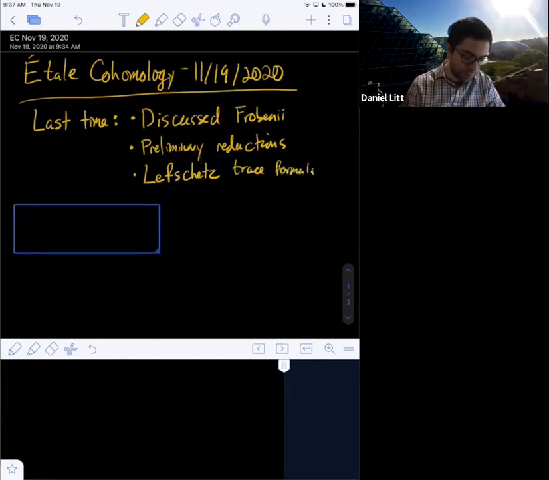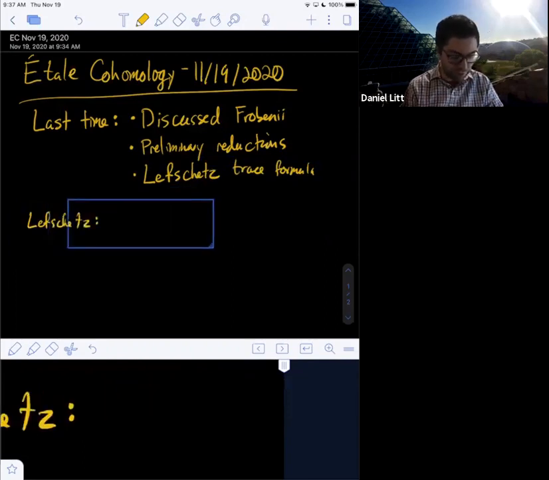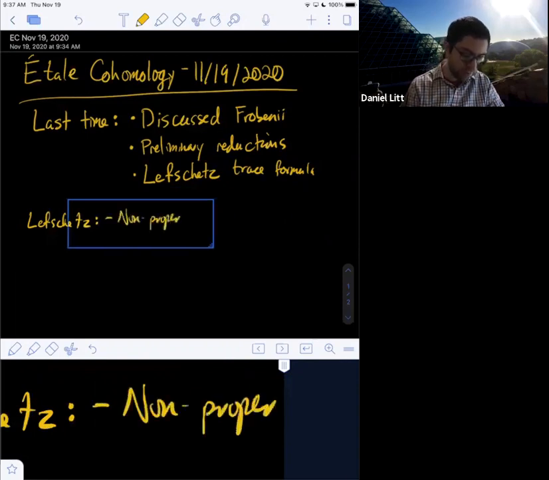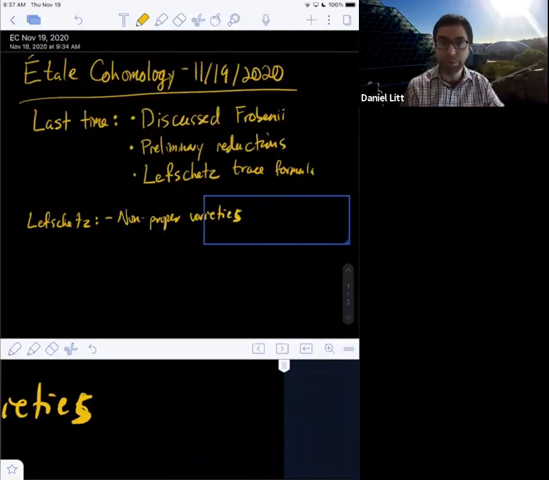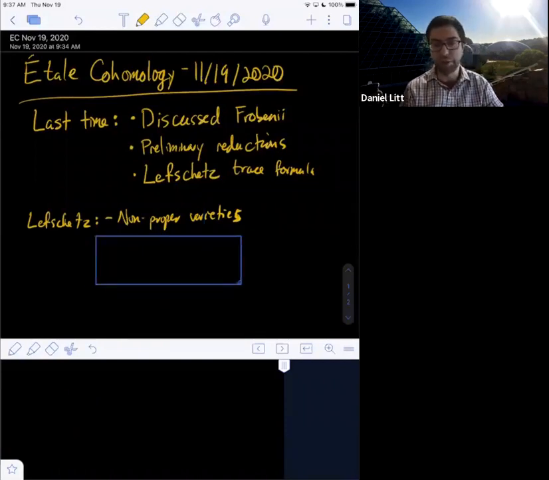So there were three issues we had to overcome when understanding this Lefschetz formula. One was the case of non-proper varieties. I indicated why the general Lefschetz fixed point formula could have problems for non-proper varieties, and then explained how to salvage it for the specific case of Frobenius, or more generally for endomorphisms of a variety which extend to a compactification and where the multiplicities of fixed points on the complement don't depend on whether you compute them on your variety or on the complement. And